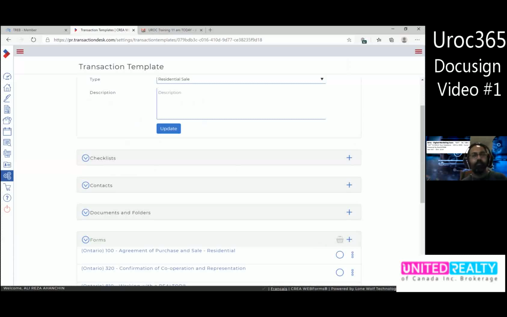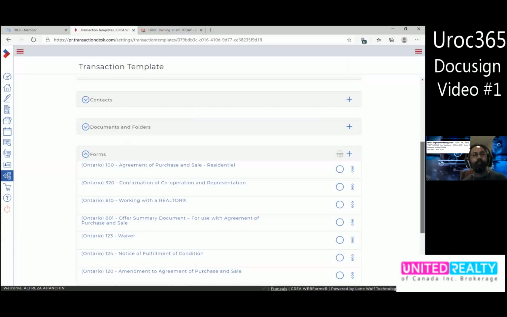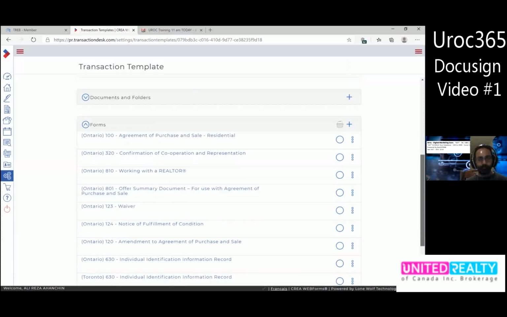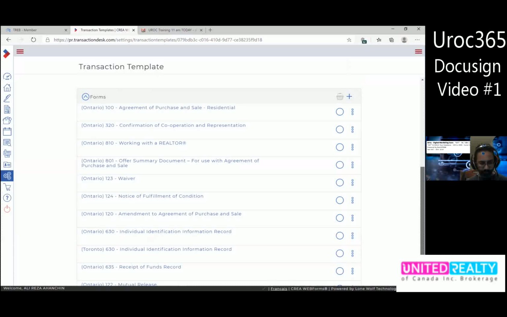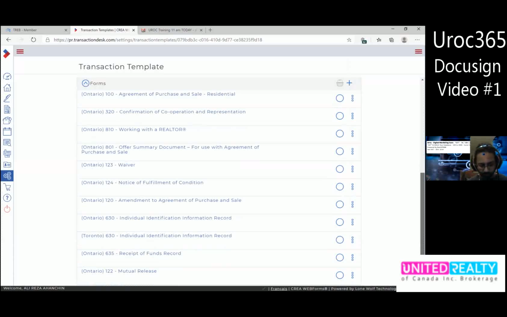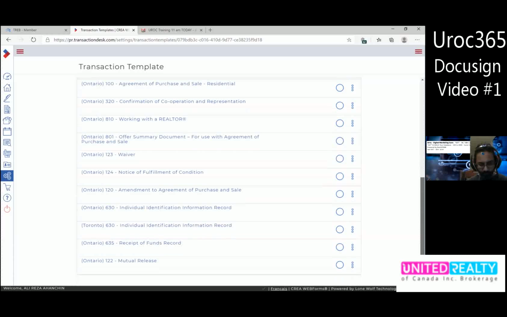You see, agreement of purchase and sale, residential, confirmation of cooperation representation, working with realtor, offer summary document, waiver, notice of fulfillment of condition, amendment to agreement of purchase and sale, FINTRAC individual identification information report for Ontario and also Toronto, receipt of funds and mutual release. You know, in agreement of purchase and sale, if you click on that,